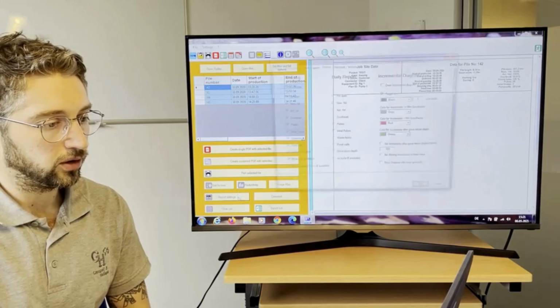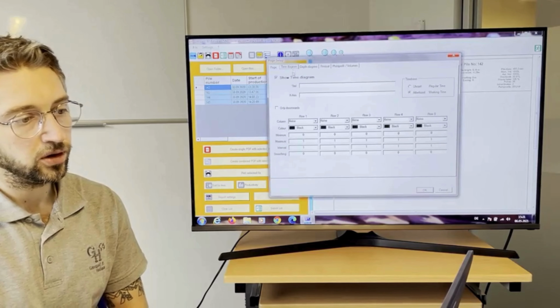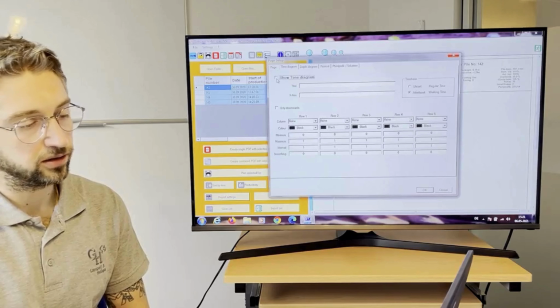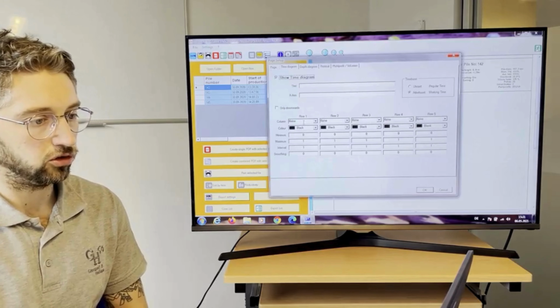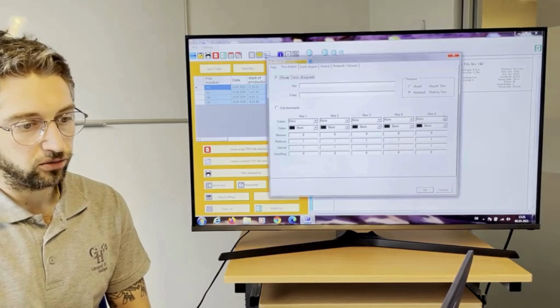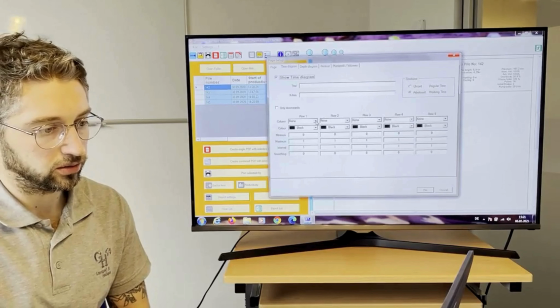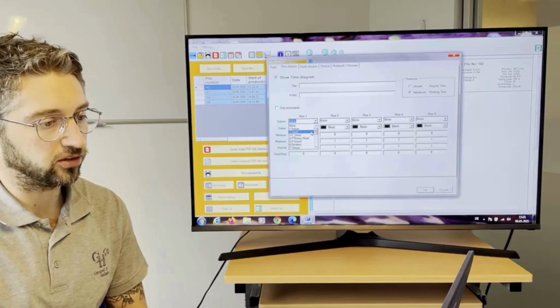To go further to the time diagram, you have the possibility to check or uncheck the time diagram, to show it or not to show it, but right now, of course, we want to show it. And you have 5 rows that you can show your data. The first one I want to show you is the depths,